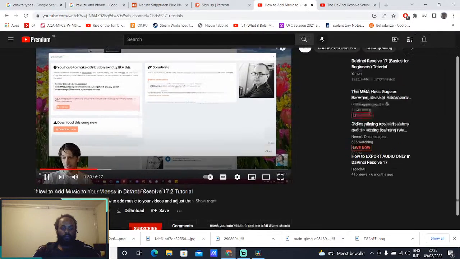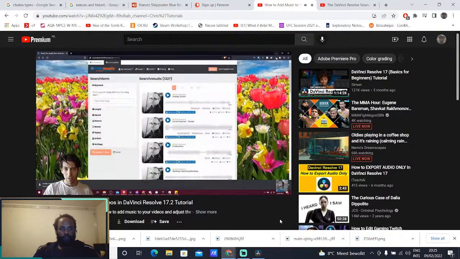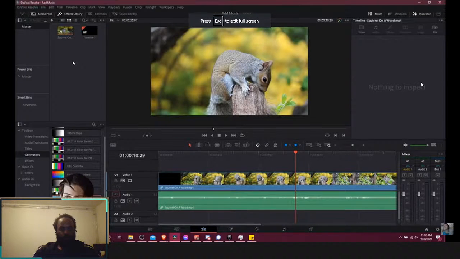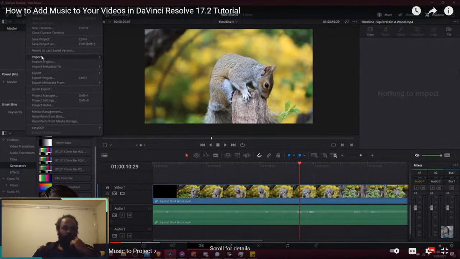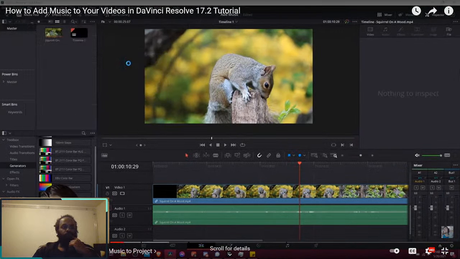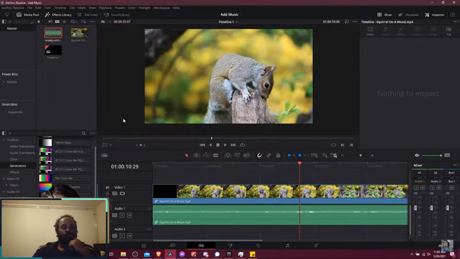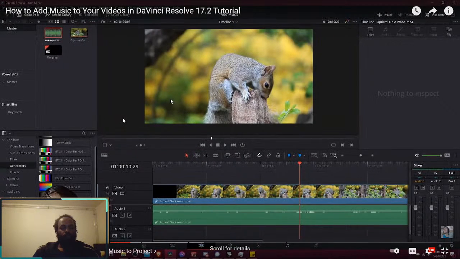I've already downloaded the song, it's on the desktop. If we want to bring it into the project, we have a couple of ways of doing that. One is we could go up to the File menu, hit Import, Media, and then locate it on the desktop, this MP3 file right here. Another is that if you